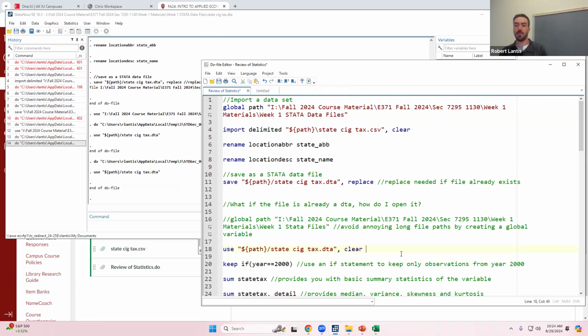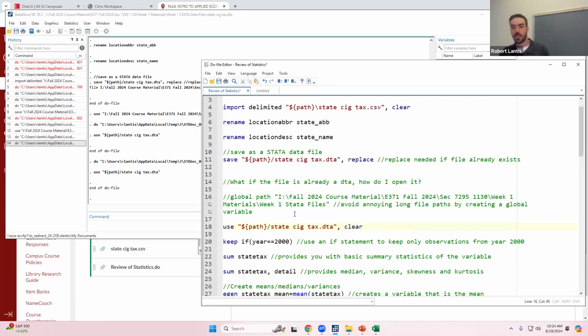And you might have to put in this comma clear. So that clears out the old data so that I can open up the new one. I think here I don't need it because I'm trying to open up the exact same file. But if I am opening up different files, I need to make sure I put that comma clear command in there as well. So I've got this state secret text data.